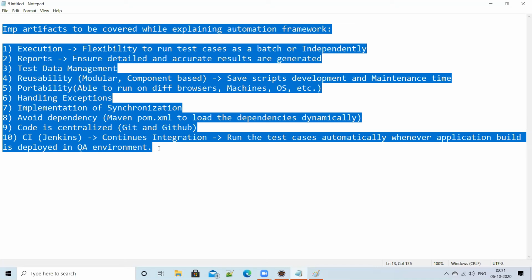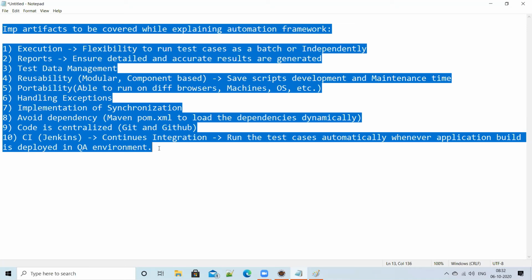And similarly, introduce yourself, right? Another common question. You have to prepare for it, guys. So preparation is very, very important. Similarly, how you prepare for self-introduction, similarly you have to prepare for explaining about your automation framework. And don't try to explain, first point is, second point is, third point is, like that.